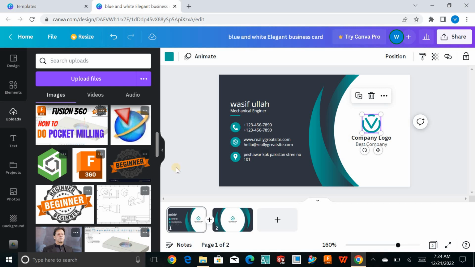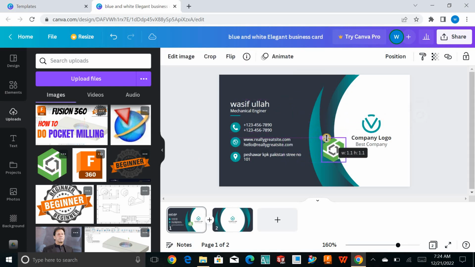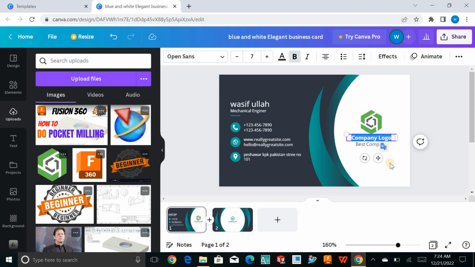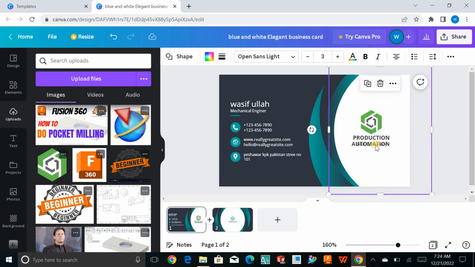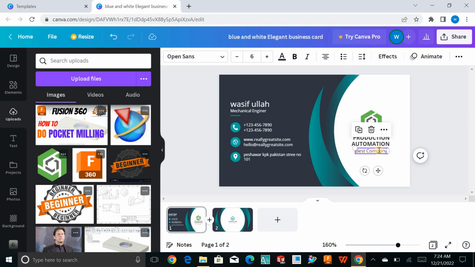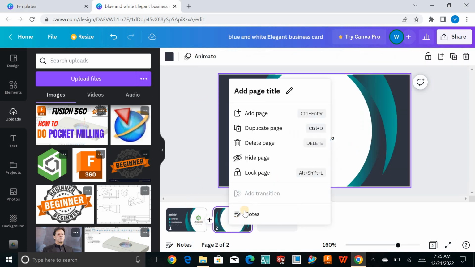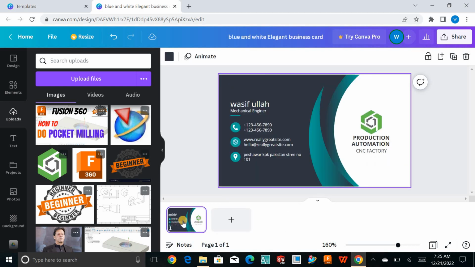Suppose I want to put this logo over here, and let me put it somewhere here like this, and then company logo. For example, I have a production automation company, right? And this is the CNC factory, right? So you can simply click on this, right click and go for delete page, and you can